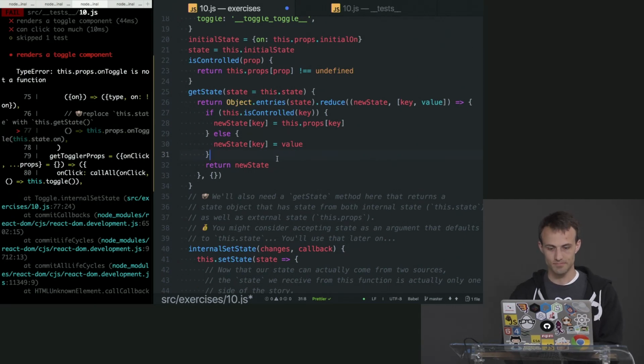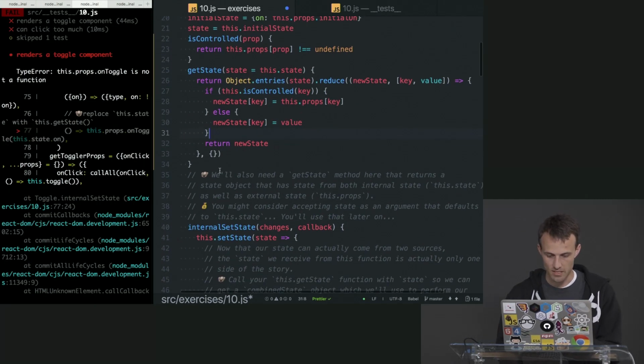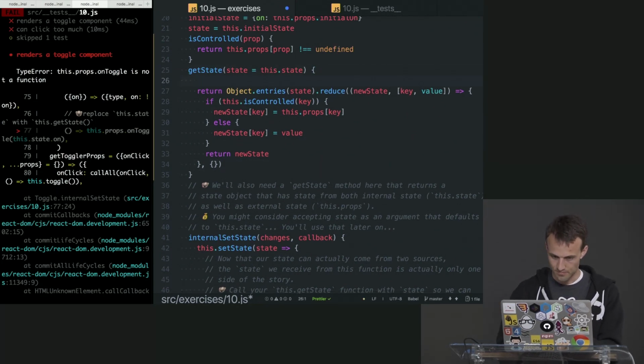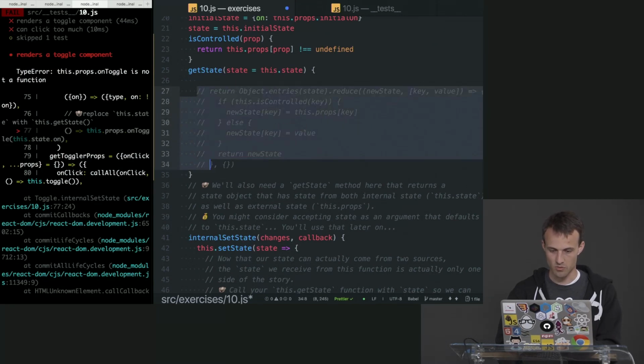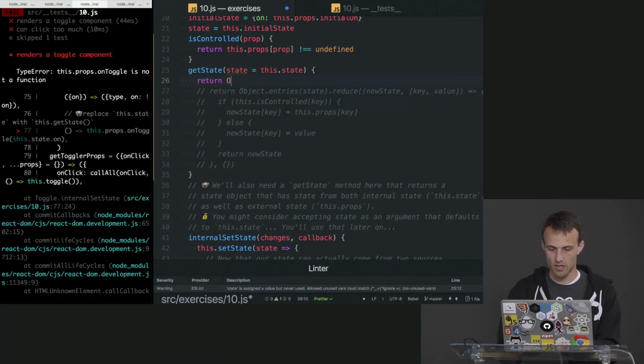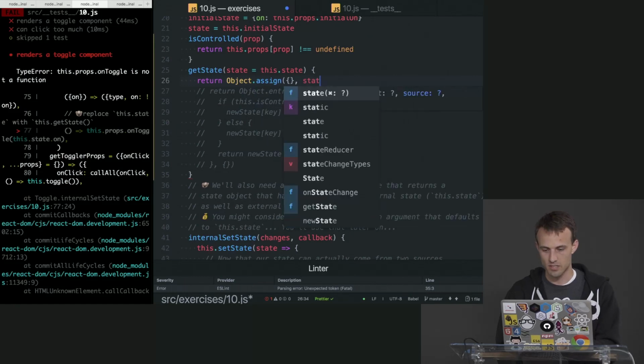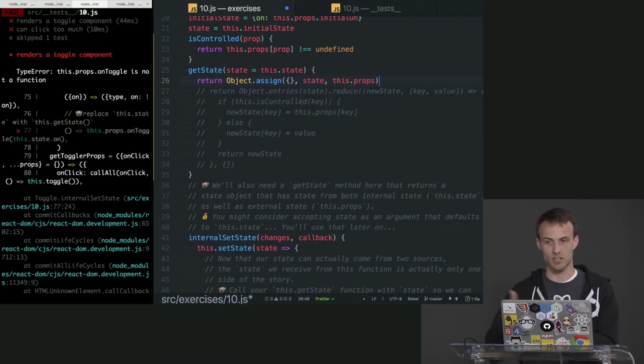Okay. Cool. So that is getState. An observant question was asked, and I want to share that really quick. Why you can't do this. Somebody suggested perhaps we could do this: return Object.assign, just this is our new state, and then state and this.props, and then this.props wins in